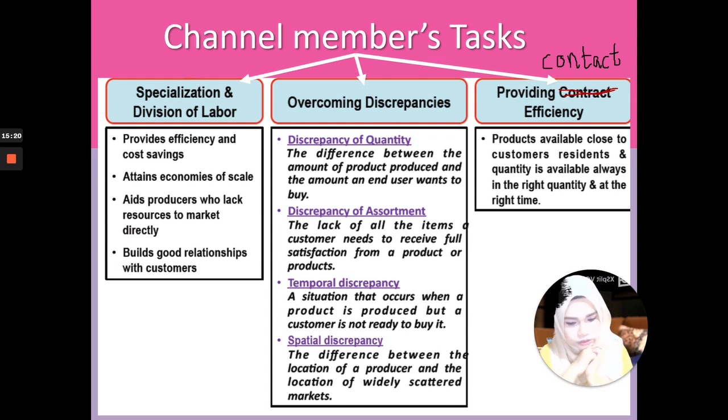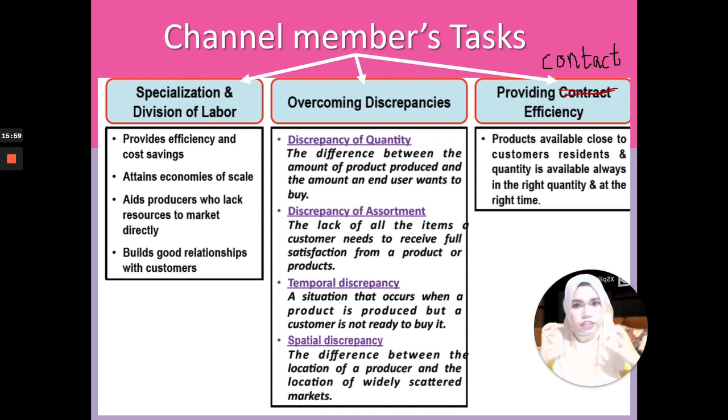Let's say, do you know the toy car? Let's take the simplest one, a torchlight. In order for you to use a torchlight, you will need batteries. The producer of torchlights will only produce torchlights. They may not want to produce batteries. So that's why typically when they sell torchlights, they will say that you will need 3 or 2 AA or AAA batteries, which are not included in the packaging.